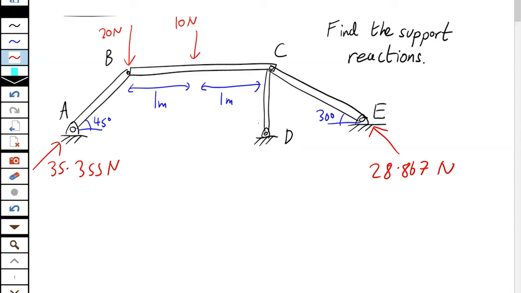So DC is pulling up on D, it's pulling down on C. That's all internal, and so the ground must be pulling down at D to hold it there at 9.433 newtons,